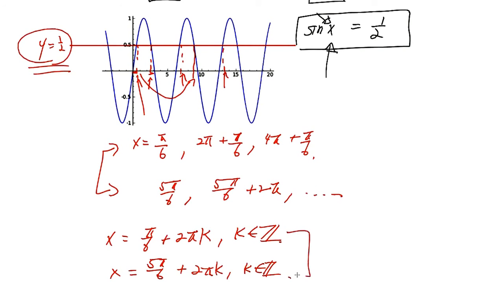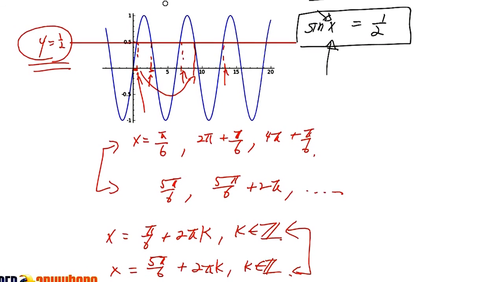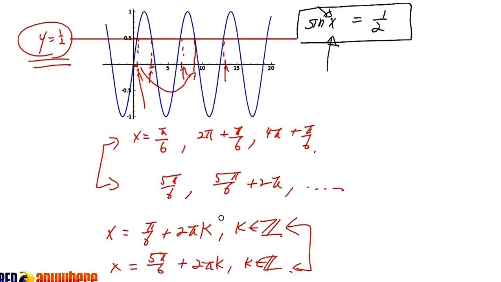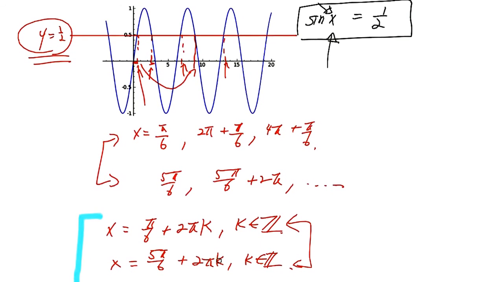Then we are grabbing all the x values on the sine curve which will give you the y value of half. This is the way you write the answer if the question does not define the domain of the equation. So here